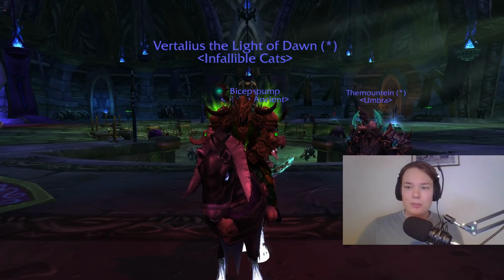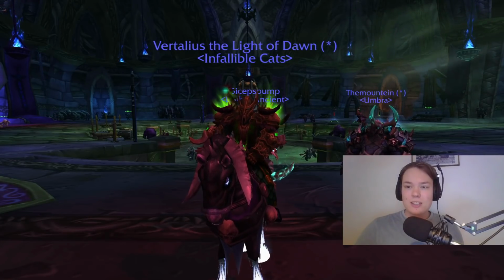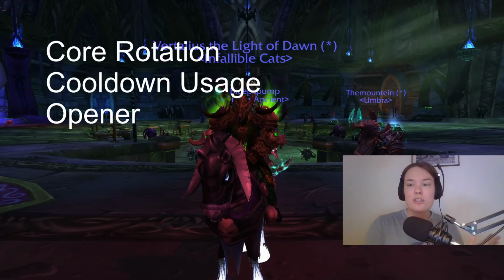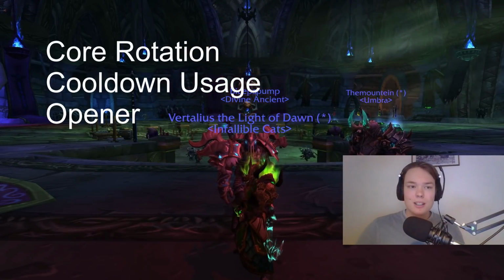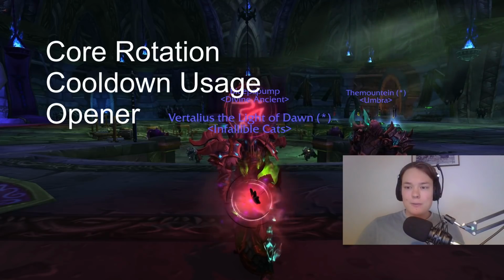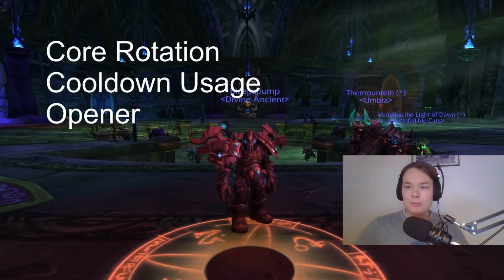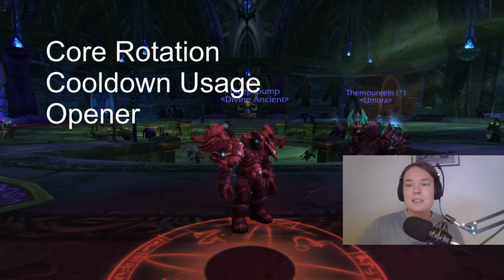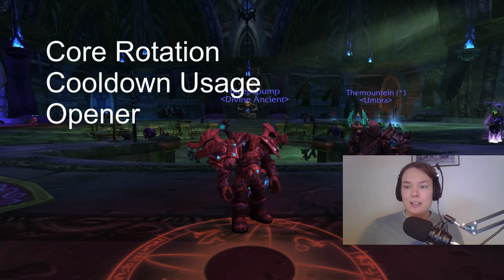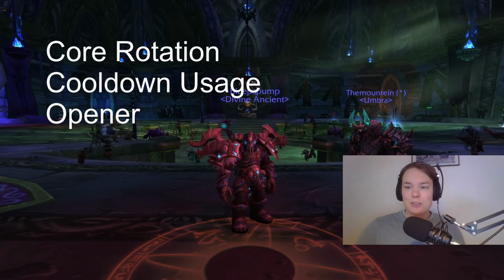Today I'll talk you through the entire rotation of the Frost DK, including both the core rotation as well as the usage of all our cooldowns. This is a bit more in depth when it comes to the rotation in general, so it's for all of you out there that already have some kind of grasp of how to play a Frost DK, but want to understand it